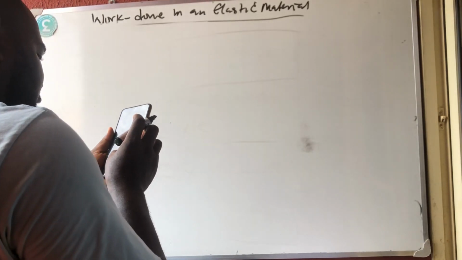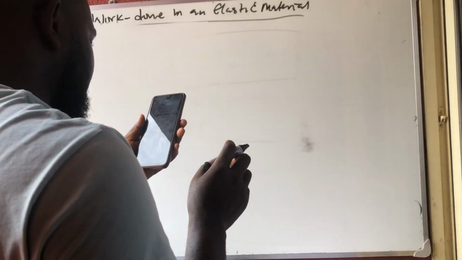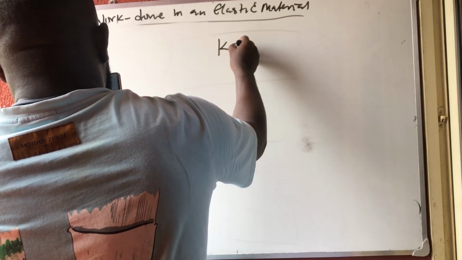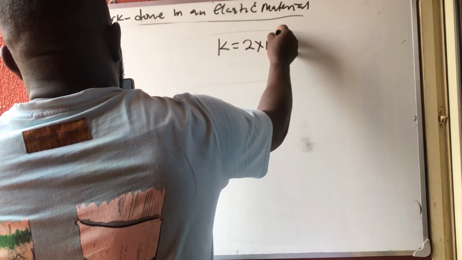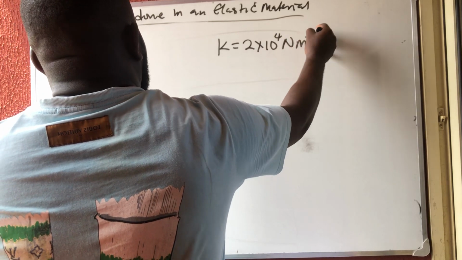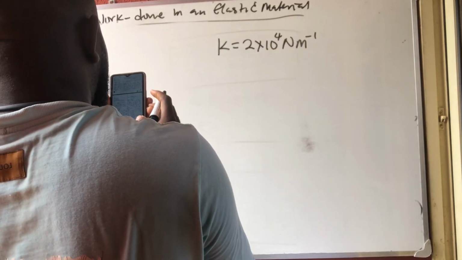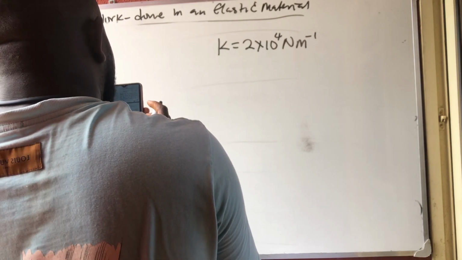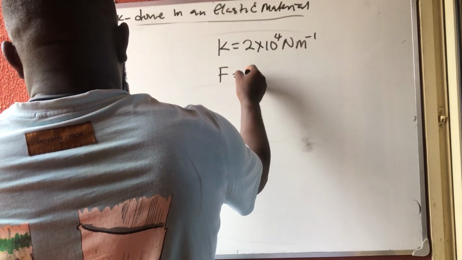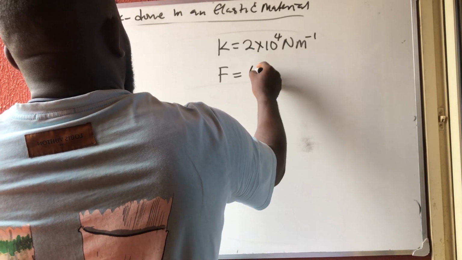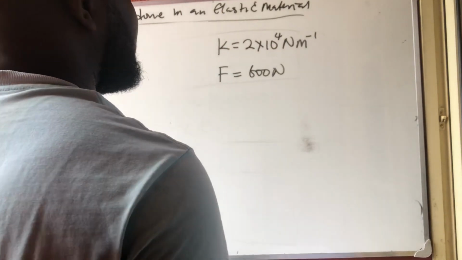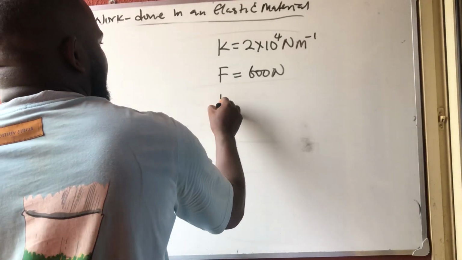calculate the potential energy stored in a string of force constant. They gave us K, force constant 2 times 10 raised to power 4 Newton per meter, which is acted upon by a force of 600 Newton. They say calculate the potential energy. You know that potential energy is still work done. So,